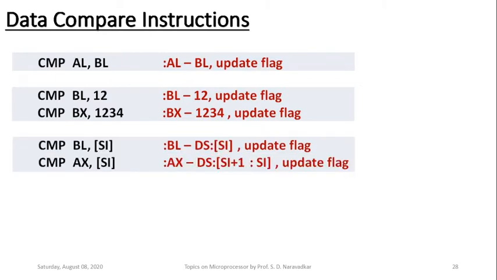The next instruction here, fourth instruction, where one of the operand is taken from memory location. Indirect memory location whose offset is given by source index. So compare AL, inside square bracket SI, it means that the contents of register AL minus the operand is to be taken from indirect memory location of data segment whose offset is given by SI. Okay, so this subtraction is performed and then the flag bits will be checked for the result of comparison.